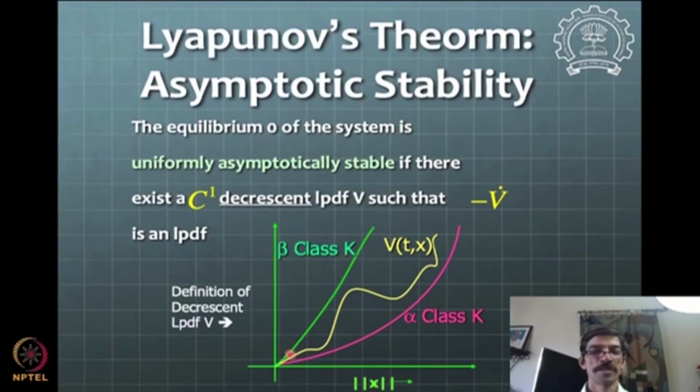You remember that decrescency, we talked about in the last part, is about the existence of this function beta of class K such that V is bounded from above also by this function, and the bound from below is actually coming from the definition of LPDFness. So if that kind of a thing exists, then it is uniformly